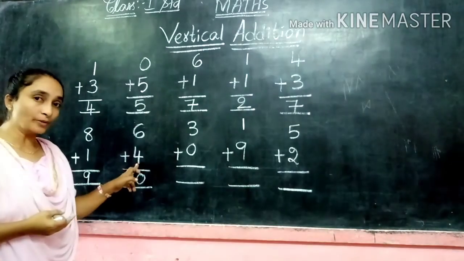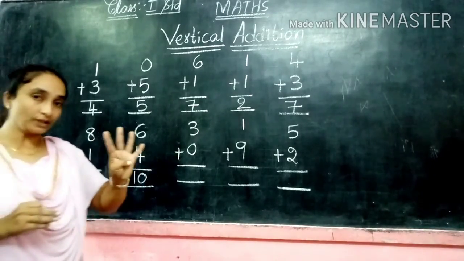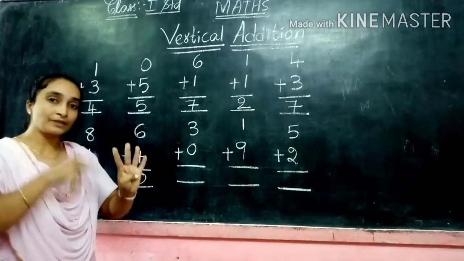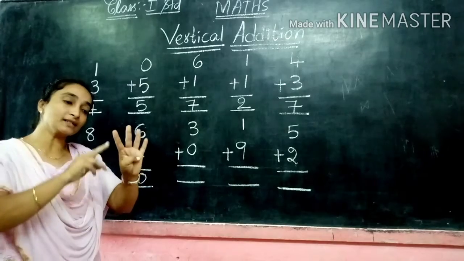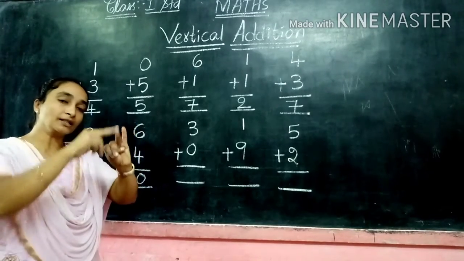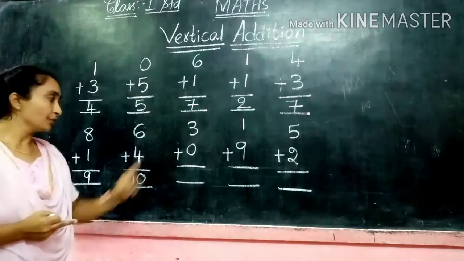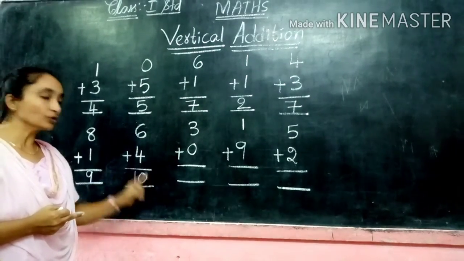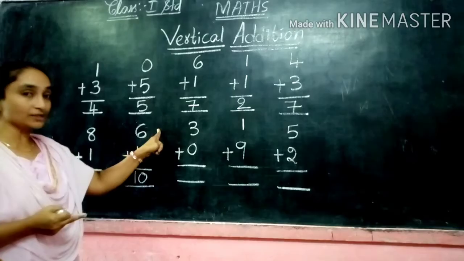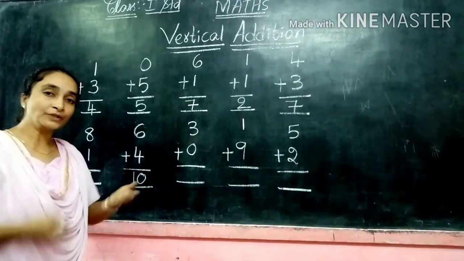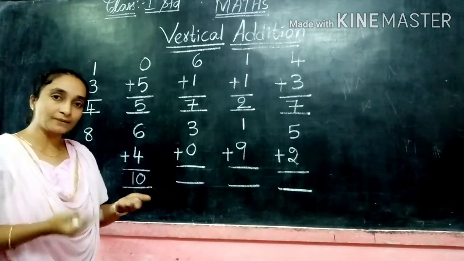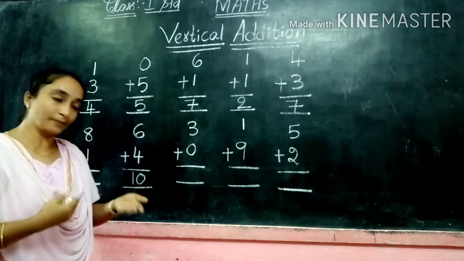For example, this is the very easy method. Suppose the second number is how much? 4. We'll take the 4 fingers and here the 6. 6 after, if we count, very easy. 6 after: 7, 8, 9, 10. Still the answer is the same. If we change, 6 plus 4 also 10 only. 4 plus 6 also 10 only. Here we can change the order of the numbers. The answer will be the same.